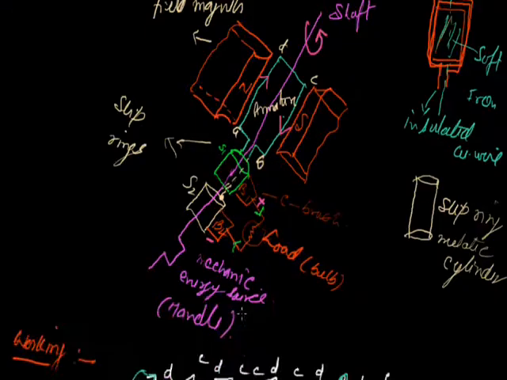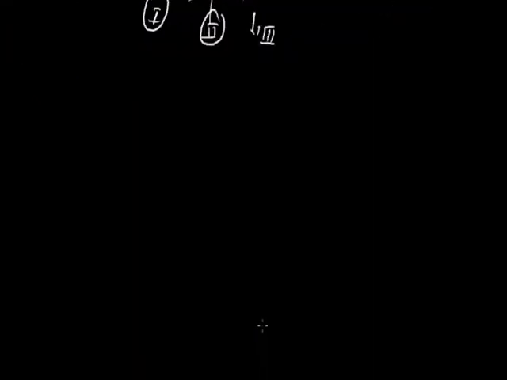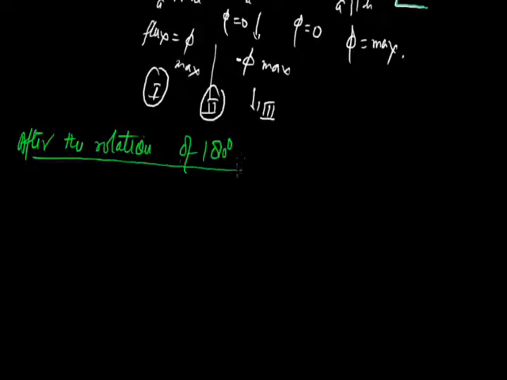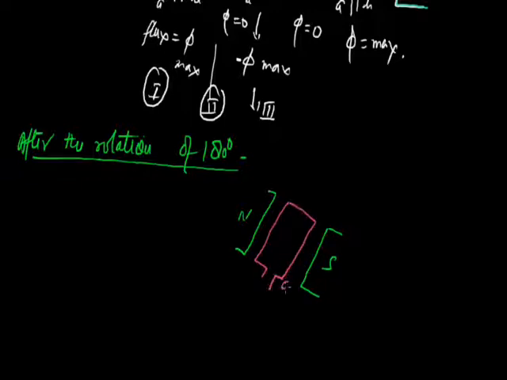After the rotation of 180 degrees, when you rotate 90 degrees, the current will be 0 because the flux passing through the coil will be maximum. After the rotation of 180 degrees, the position of the sides will change. It will be in this way. This one is the magnet N pole, here will be the S pole. It is the armature. After rotation of 180 degrees, the sides will change. Here will be A, B, C and D.